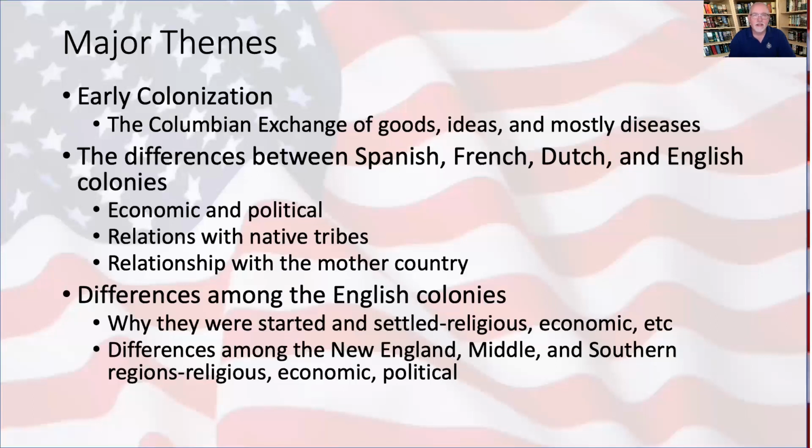One of the things that I expect the test may discuss in detail is, of course, why was each colony started? Some of them were started for religious reasons, such as Maryland, which became a refuge for Catholics. Of course, the original Pilgrims, the settlers in Plymouth, Massachusetts. Some of them were started as purely commercial ventures, such as Virginia. So that's something that's very likely to be a potential test question, as are the differences in religious and economic factors for each of the colonial regions.